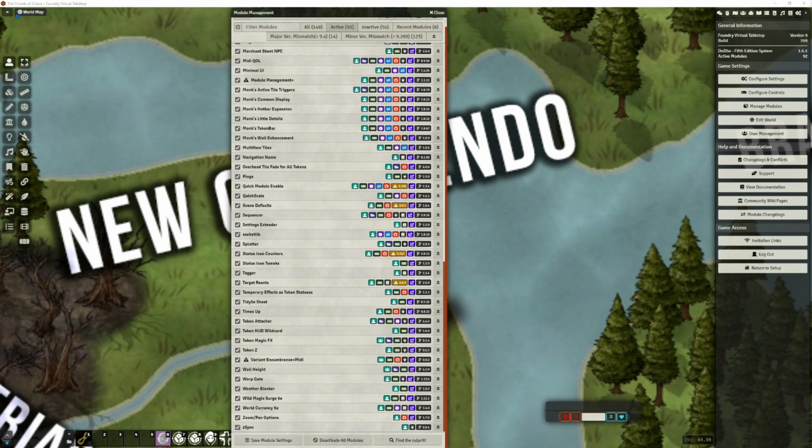Tagger lets you set up tags for objects and tokens, which macros and other modules can then call to. Target reacts when combined with MIDI quality of life will cause a token to shake a bit when they're hit with an attack. Temporary effects as token statuses lets you delete active effects from the token HUD, where normally the